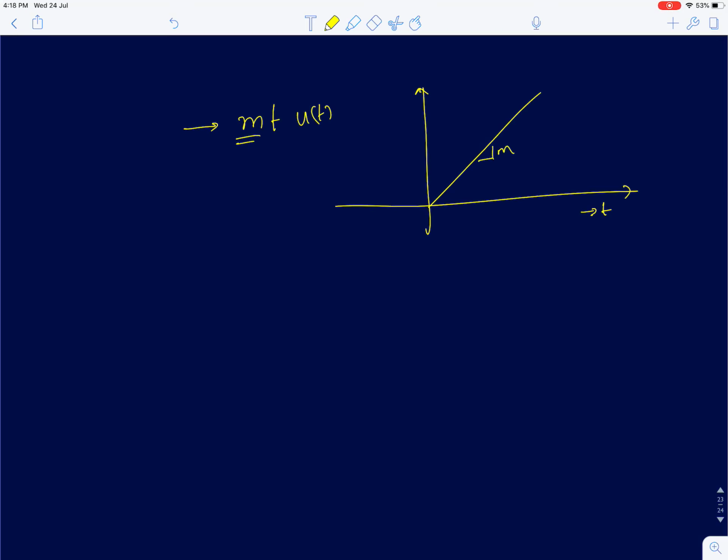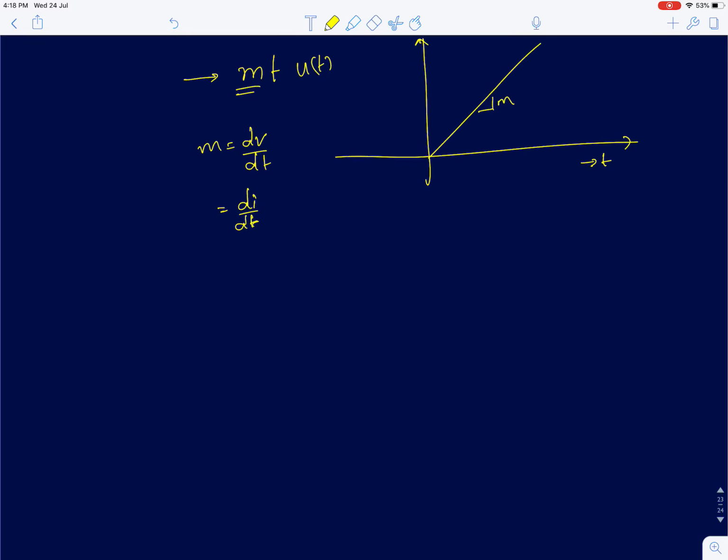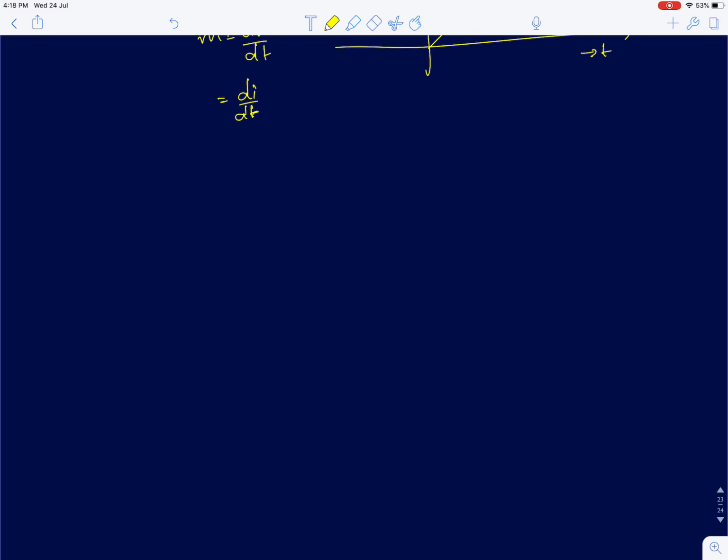a slope m. So if it's a voltage input, m will have a unit of volt per second, or if it's a current input, it will have a unit of ampere per second. So I'll start with a simple first order low pass filter, with a DC gain H of 0 and a single pole at omega equal to omega p, a left half plane pole. Now what would happen when I apply a ramp input m of t into u of t